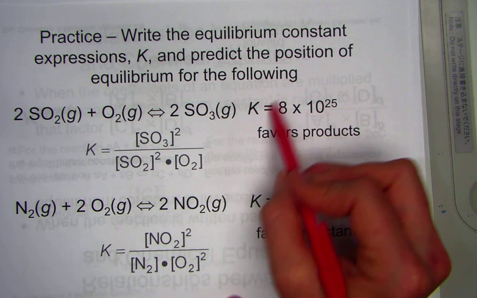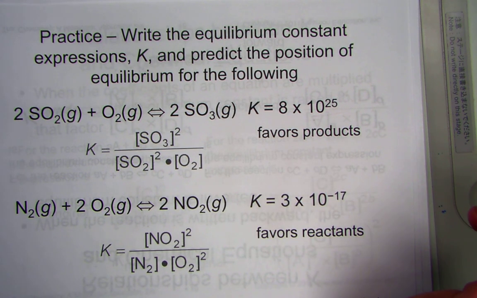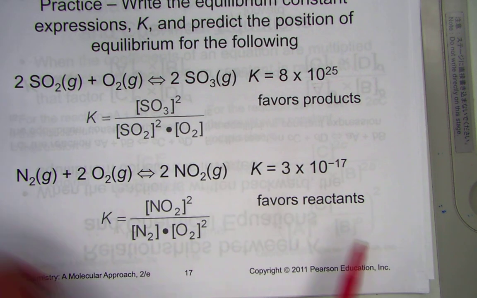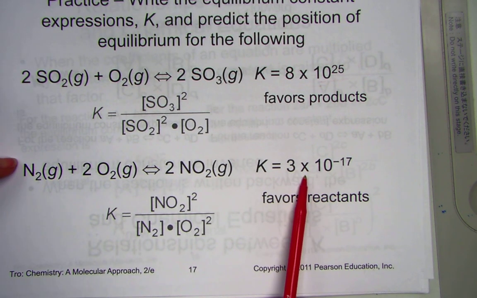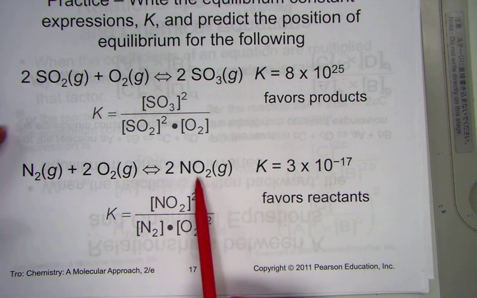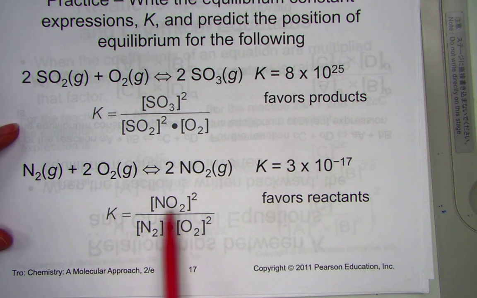And look at the magnitude of the K. It's very large. This definitely is favoring the right side of the arrow tremendously. And the opposite here, a very small number for your second example, to the negative 17th power, is going to favor the reactant. That's a number much smaller than 1. So favoring the reactant side, we would read this as the equilibrium constant K is equal to the concentration